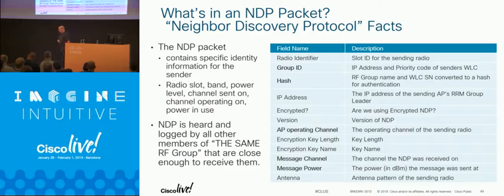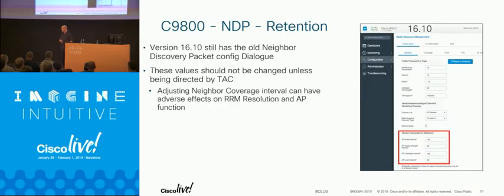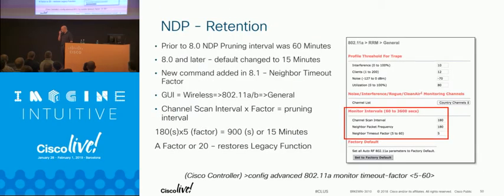So a lot of information is passed. It is heard and logged by every AP, and if it's not of my AP group or of my network, it's written down as a rogue, so we get a lot of information from this. When they messed with the NDP retention in 8.0, they made it unilateral and didn't give me a knob for it, so I couldn't fix what was going on in Berlin. I ended up static planning 700 APs, and I did a pretty good job of it too.